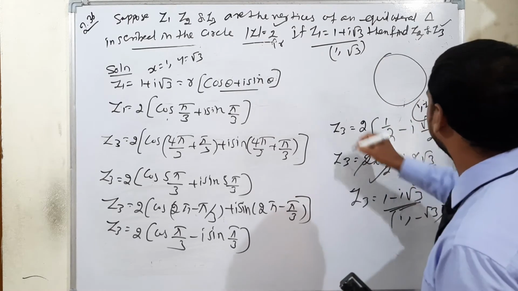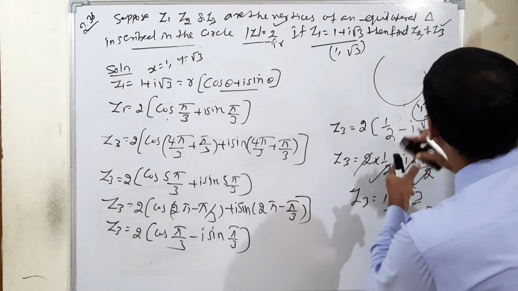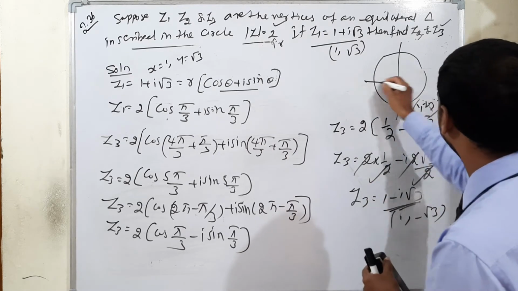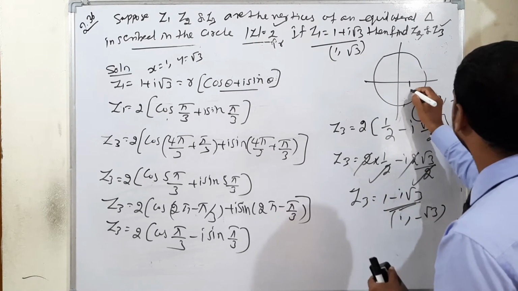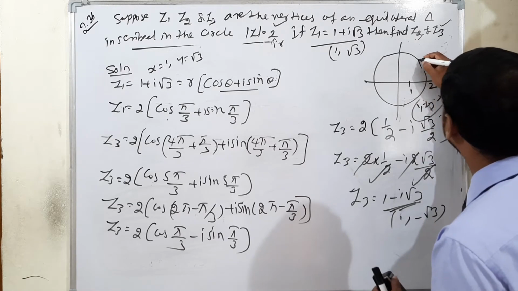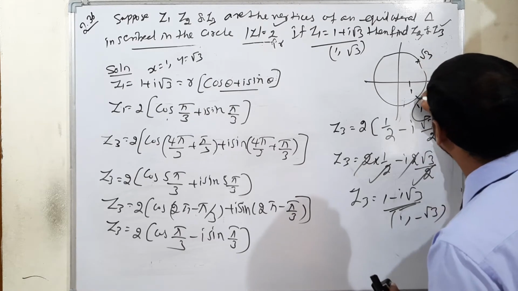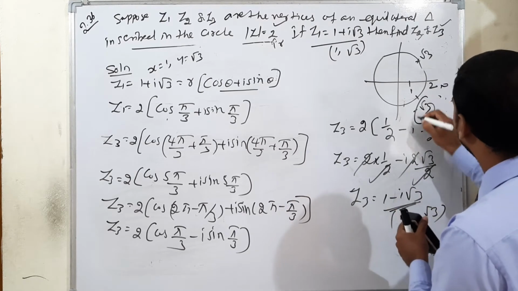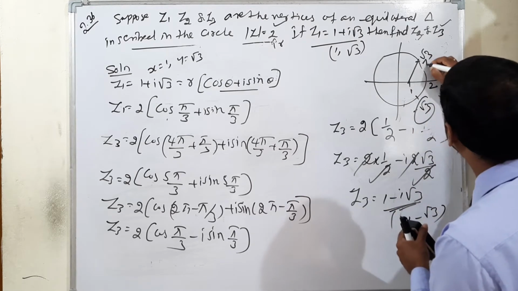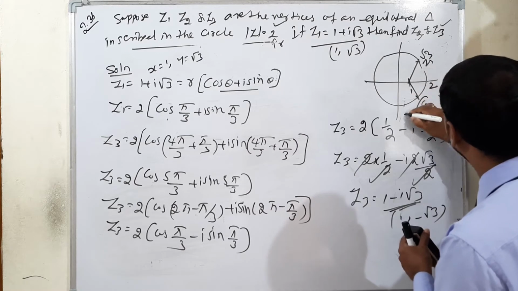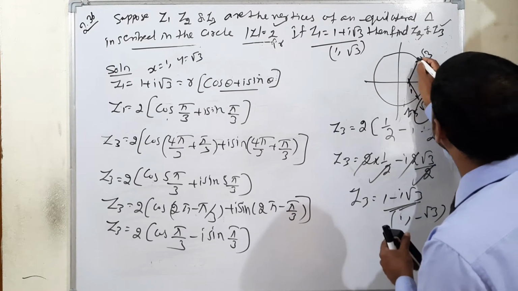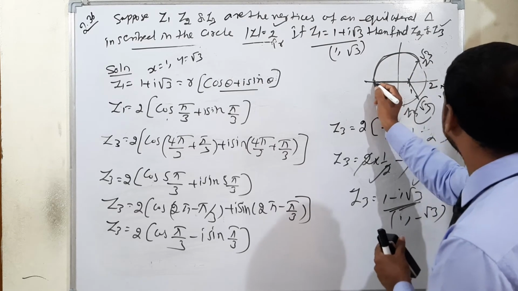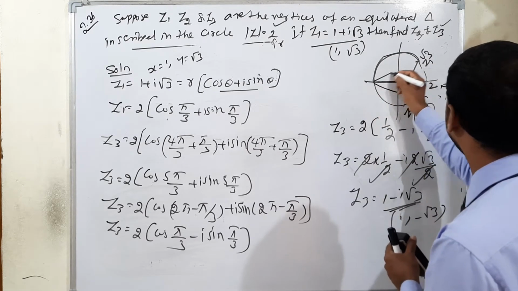This is one circle. Now this is 1, this is 2 comma 0. This point is considered for positive root 3, and this one is considered for negative root 3. Now this is called Z1, and just now we found Z3. So this will move up to the center, isn't it? So the center of the point means we just have to join.